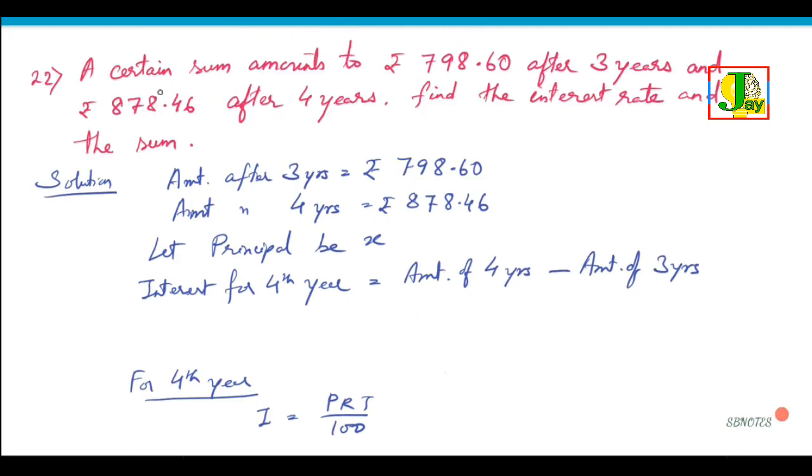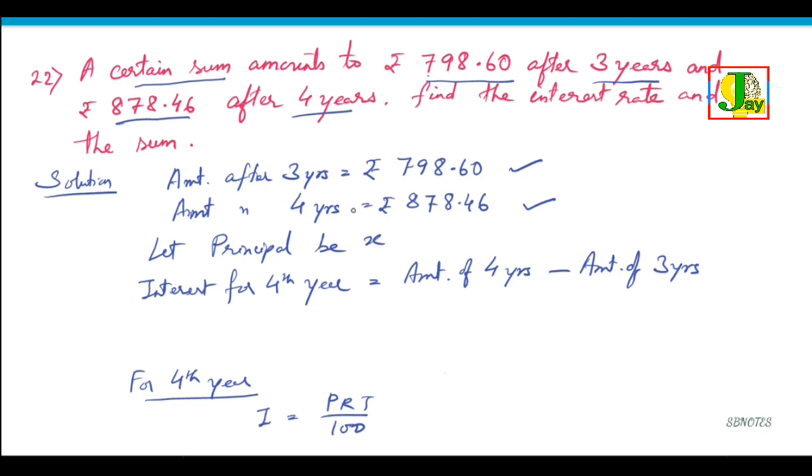Now in this question, a certain sum, that is the principal, is not known. It amounts to this much in 3 years and this much in 4 years. So we have the amount after 3 years and the amount after 4 years, and you have to find the rate of interest. First of all, if you see the formula, you will remember that for any consecutive years' amounts,